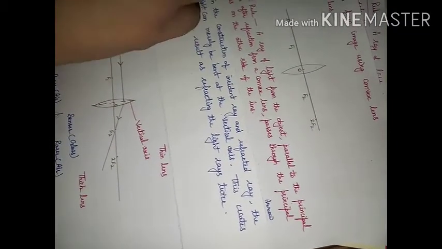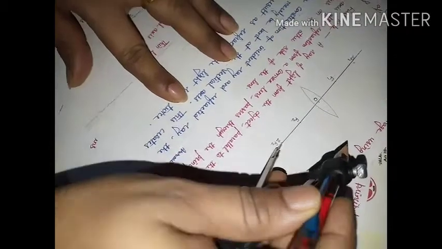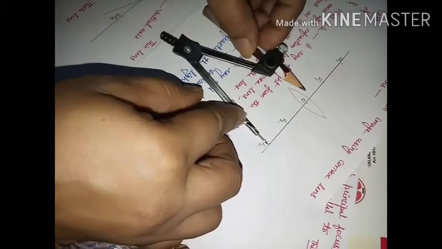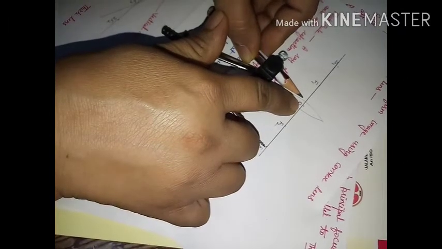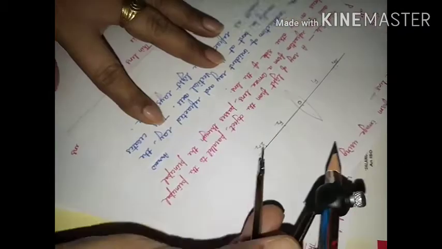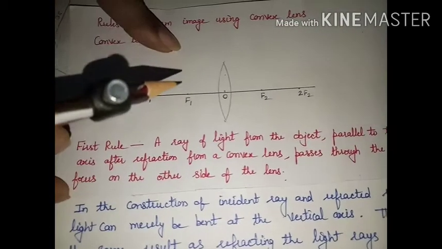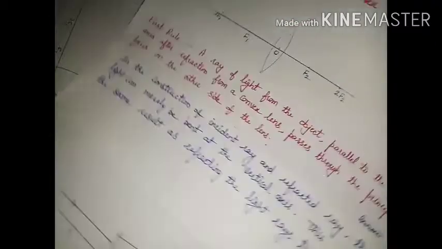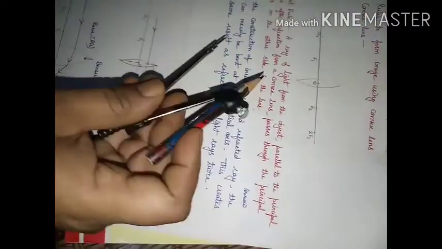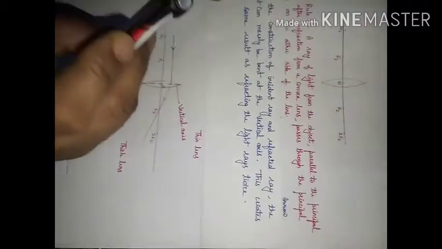So to draw this, after this what you will do, you will have this compass, this will be your center, and you will open it slightly more than this gap. See, this is slightly more than the radius that you have considered. So from this as a center, you will draw an arc like this. Similarly, from this side you will consider to be the center, and you will draw an arc like this. So this will give you thin convex lens. So I hope how to draw convex lens is clear to you.